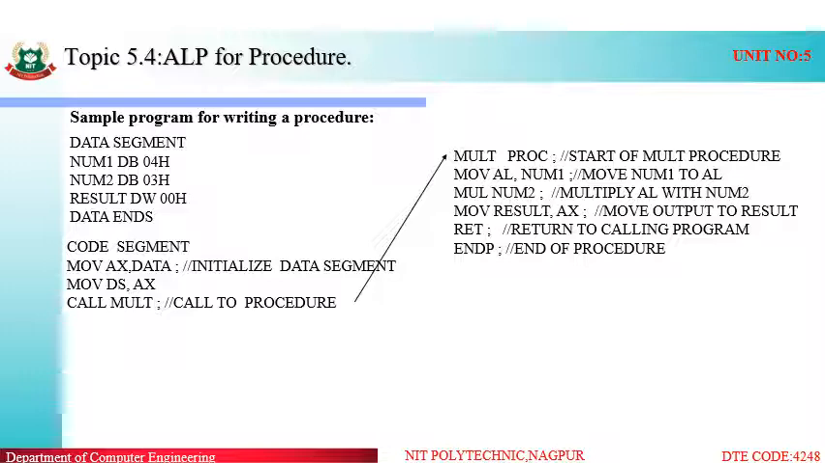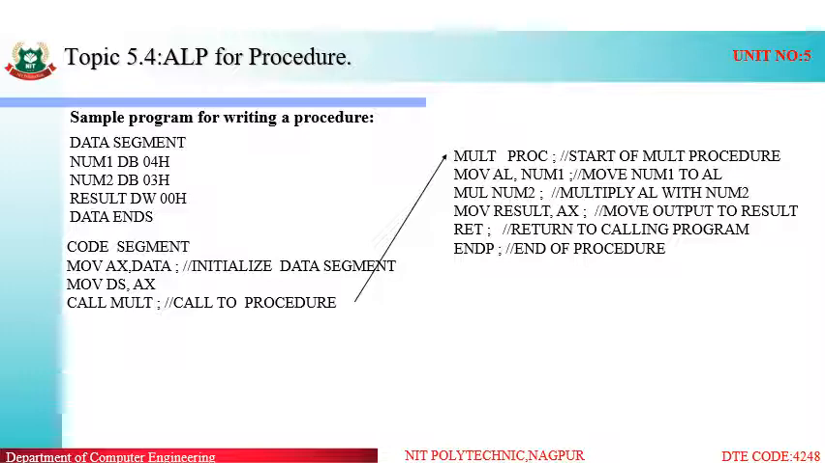So inside the mult procedure, what are we going to perform? Multiplication. We have moved the first number into AL. MUL num2 means num2 will be multiplied with the default destination, that is AL. So num2 will be multiplied with whatever is inside AL, and the result will be stored inside the AX register, because the multiplication of two 8-bit numbers will be a 16-bit number. In the next line we have written MOV result, AX, that is whatever result is inside AX after the multiplication will be moved into the result variable. And then we have written